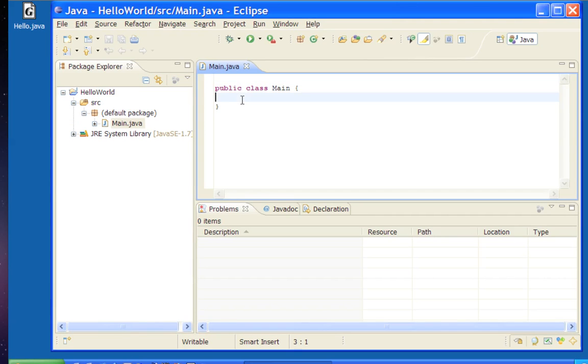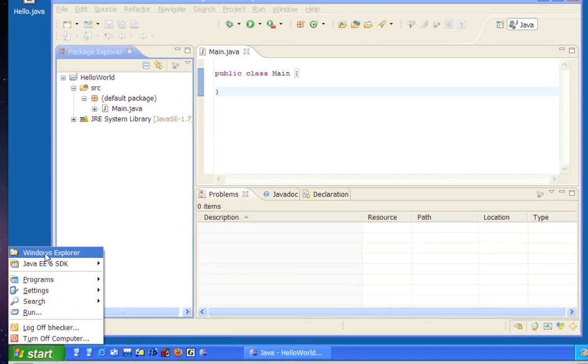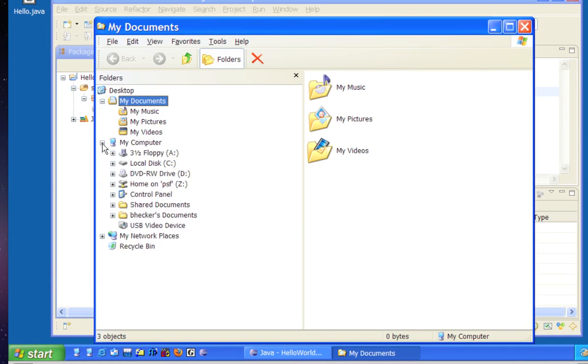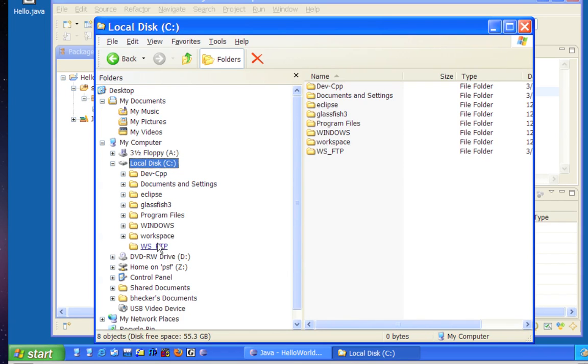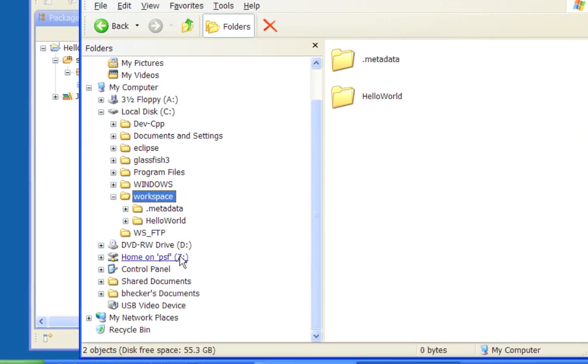And main is going to show up as a generic class in here. I'm not going to teach you programming at this point. We're just going to get familiar with where we're adding files in. If I go out to the workspace directory and take a look at Hello World, which I just created right here,